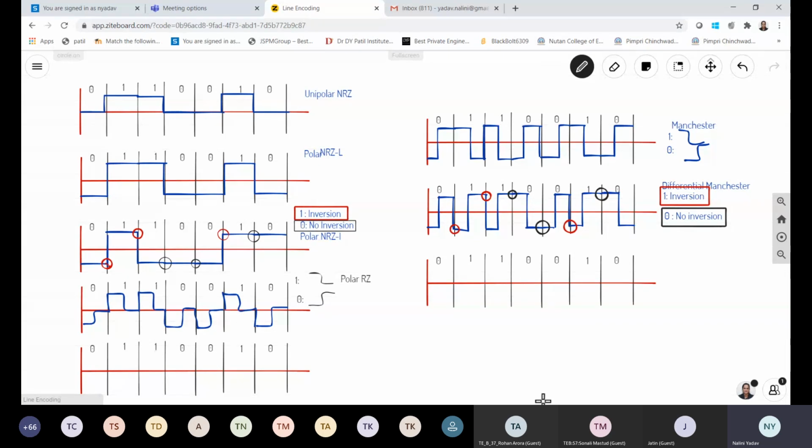So unipolar NRZ, polar NRZ-L, polar NRZ-I, polar RZ, Manchester and differential Manchester. These are all schemes and I hope all these schemes are clear with